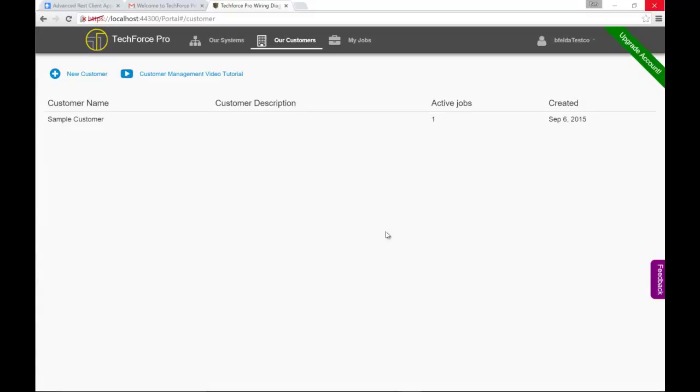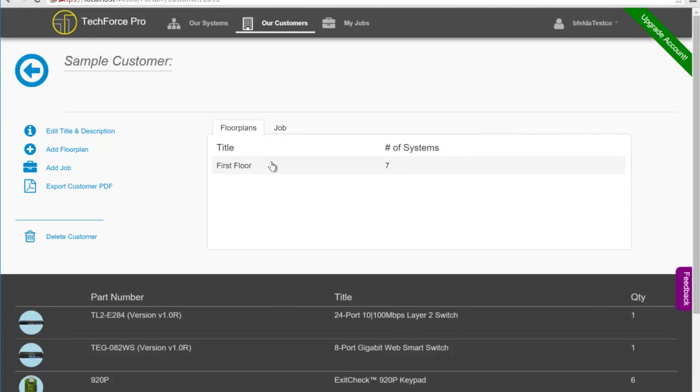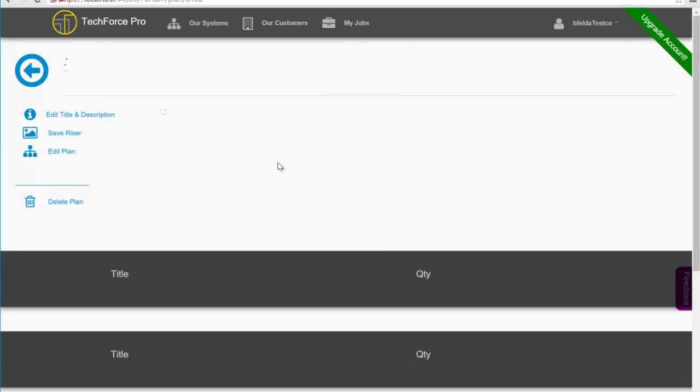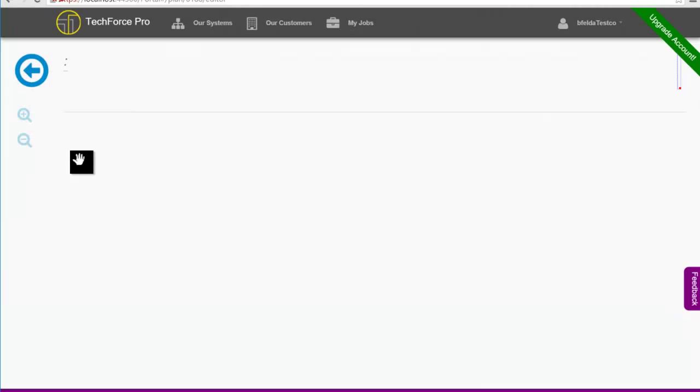Hi everyone, this video is going to go over some changes coming to Techforce Pro and how customers are managed. Currently, when you go into one of your customer floor plans, so I'll go into this floor plan, I'm going to edit the plan, when you add